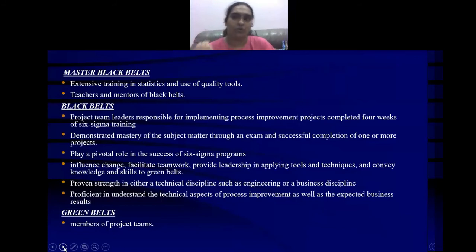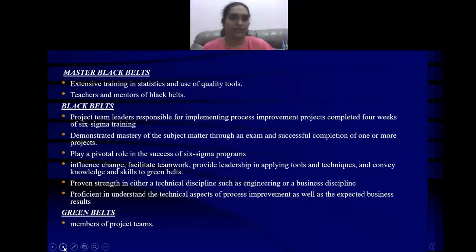So next we move on to the black belt. Project team leaders are responsible for implementing process improvement projects and have completed 4 weeks of Six Sigma training, demonstrated mastery of the subject matter through an exam, and successfully completed 1 or more projects. These black belts actually play a pivotal role in the success of all the Six Sigma programs. They influence change, facilitate teamwork, provide leadership in applying tools and techniques, and convey the knowledge and skills